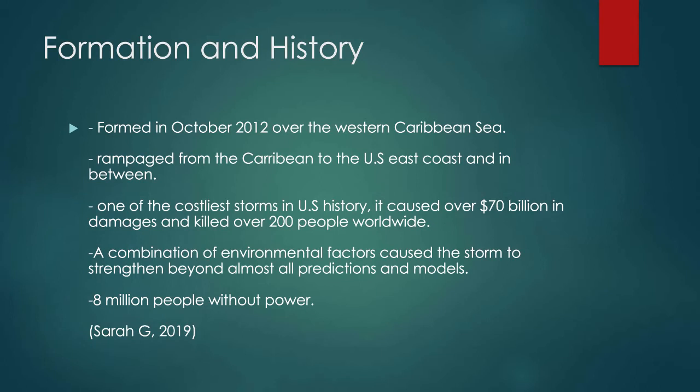The reason why the storm caused so much damage is because it became stronger than basically all models predicted it to be, and this was due to various environmental factors, including the moon. It was a full moon during the storm, which basically caused the high tide to be 1 foot higher than it would be otherwise, and also an incoming cold front that collided with the storm strengthened the storm due to geological factors and caused it to become trapped along the coastline. So these factors basically created the perfect storm that caused 8 million people to go without power.